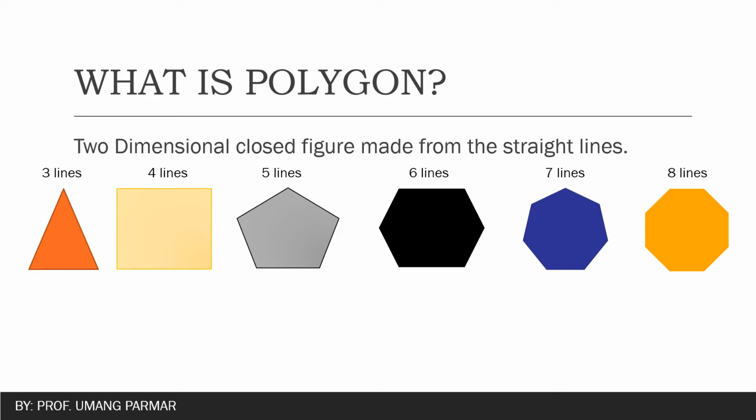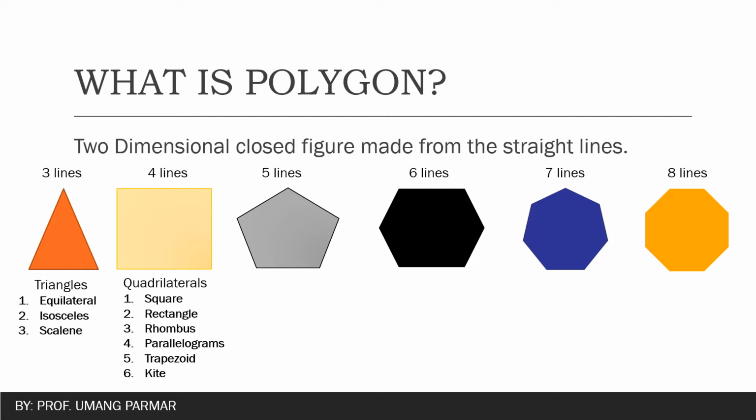We are starting with the first three lines. So we have triangles. It can be an equilateral triangle, isosceles triangle, or a scalene triangle. When we are looking at four lines, we can have options like square, rectangle, rhombus, parallelogram, trapezoidal shape, and a kite shape. For five lines, if all the lines have equal dimension, then we call it a pentagon. For six sides of equal dimension, hexagon. Same way, for seven it is heptagon, and for eight it is octagon.